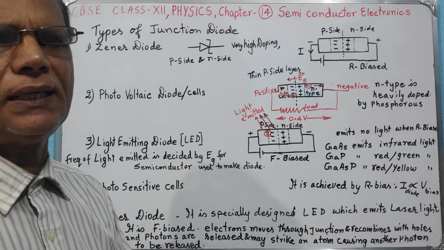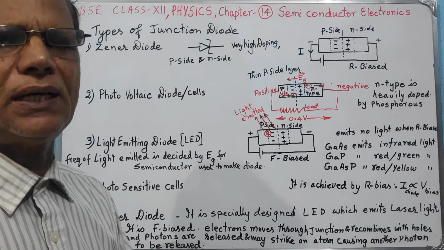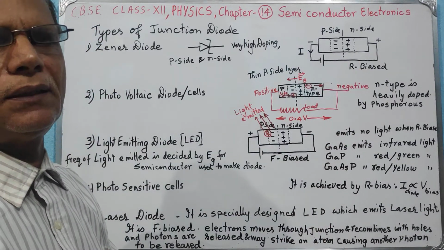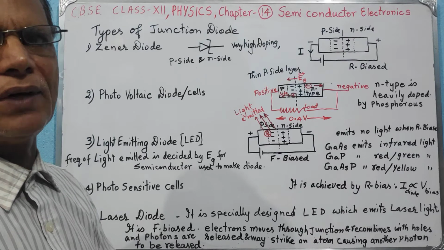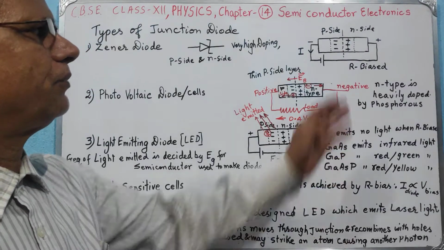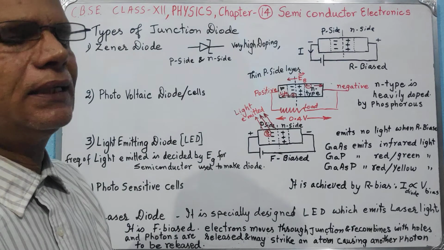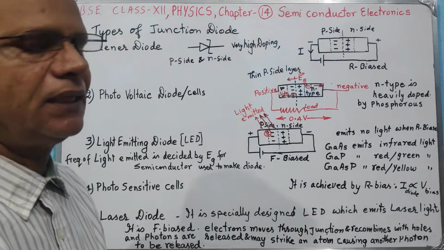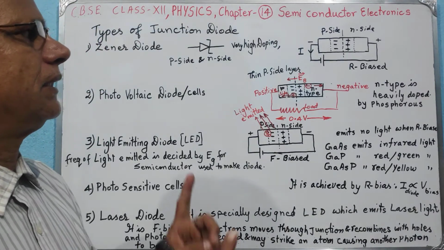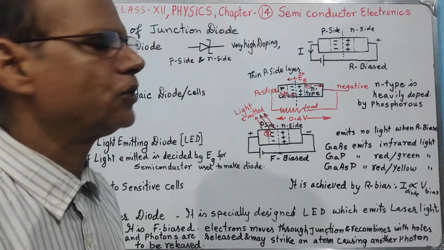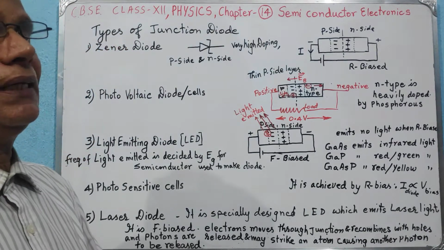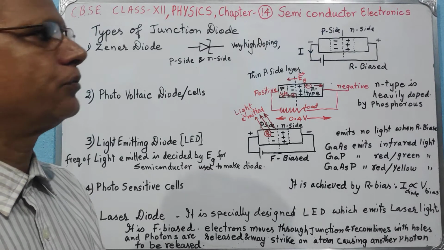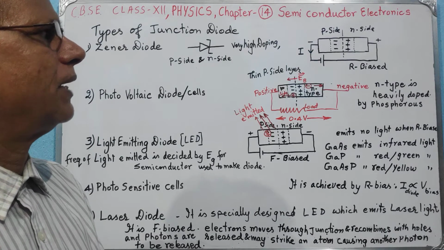So what happens when any diode is reversely biased? We have already discussed that the width of the depletion layer, the barrier layer, is made wider due to reverse bias, and if the reverse bias voltage is increased gradually, the width of the depletion layer also keeps increasing, and finally a stage may come which is known as breakdown voltage, at which bias voltage